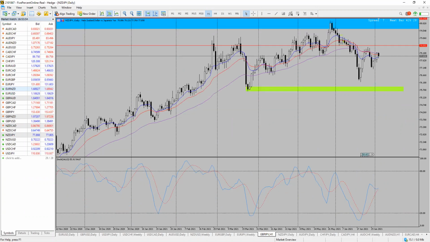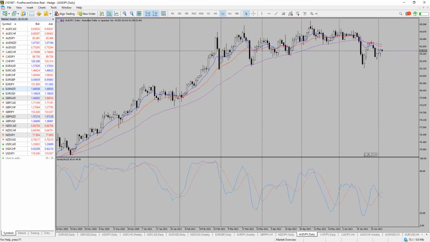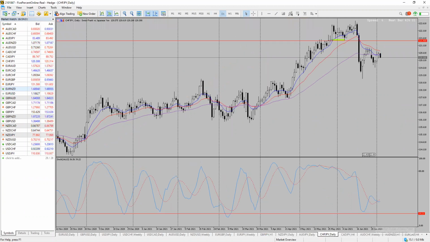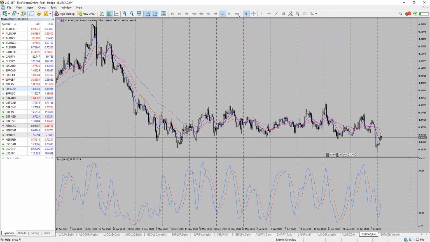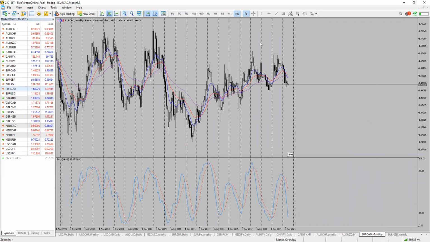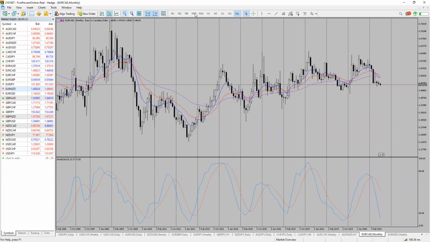If anyone has other currency pairs that you would like to ask about, feel free to do so. Let's have a look. The Euro CAD. Euro CAD. Wait, where is it? Yeah. Euro CAD, basically,